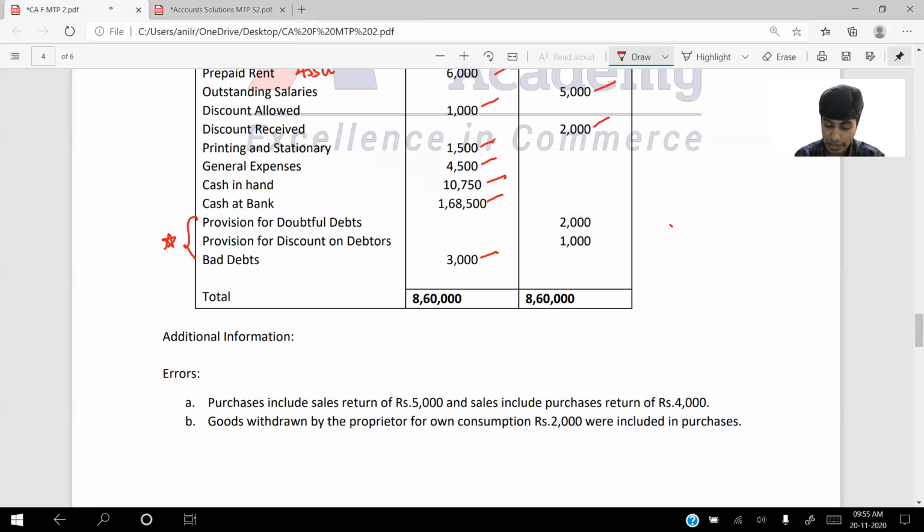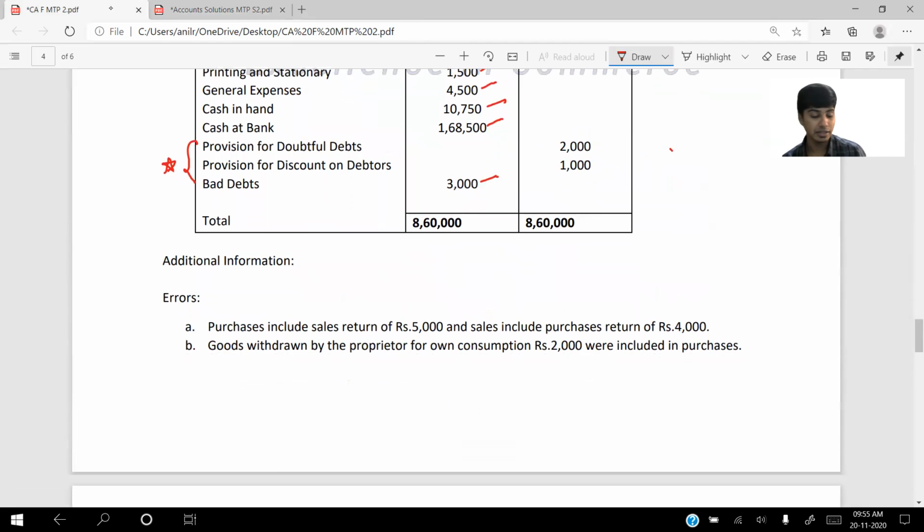Bad debts 3,000, P&L account debit expense. Okay, come on. Let us go to the first one. Errors are there. What are the errors? Purchases include sales return, 5,000. Firstly, purchases wrongly include sales return. So we have to subtract it from purchases and we have to subtract it from sales return also. See here, minus